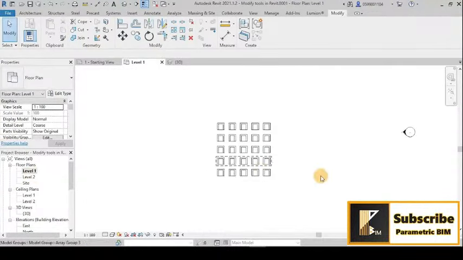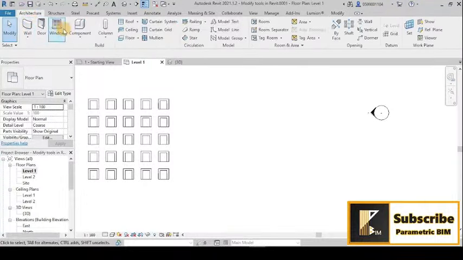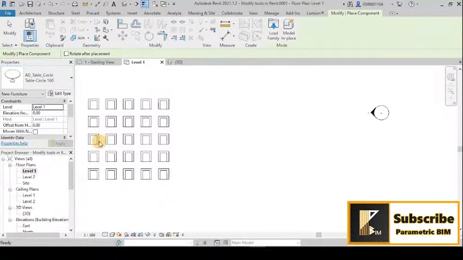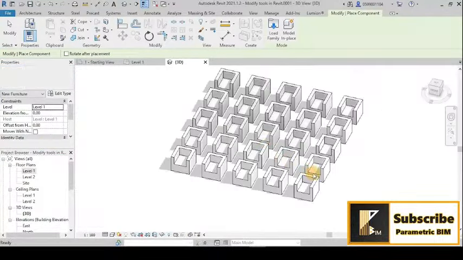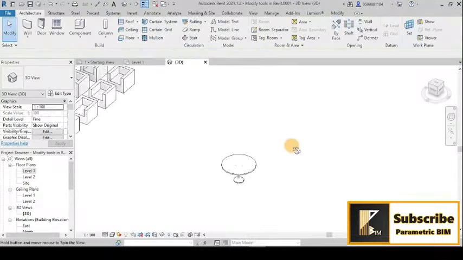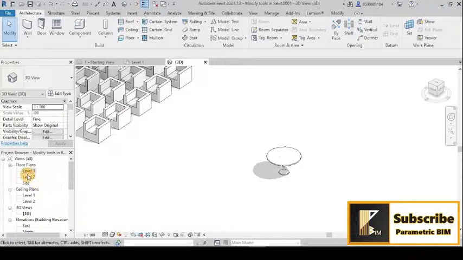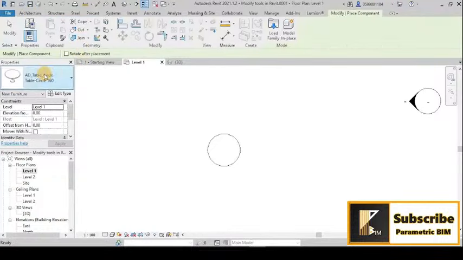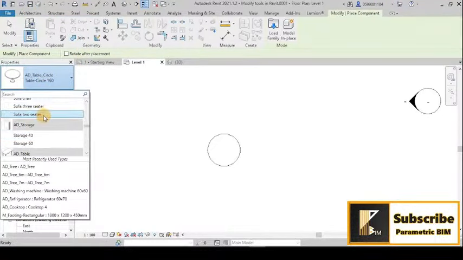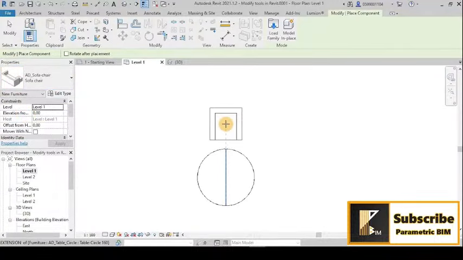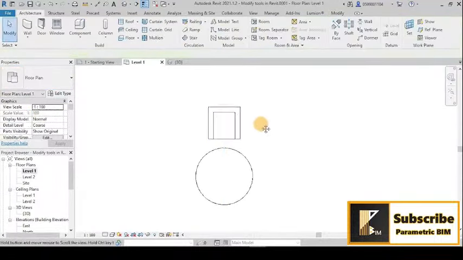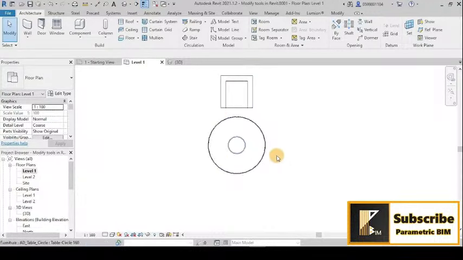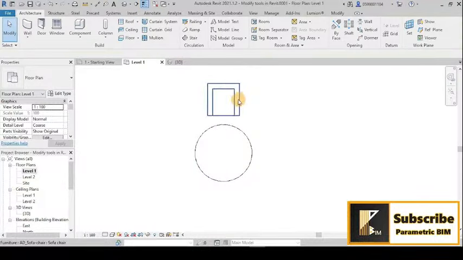For the radial array, maybe we can now go to component, and let's choose something like this table. As you see here in the 3D, I have now a round table in the 3D. So I will go to level 1, and also I want to bring the same component, which is the seat or the sofa, and put it here. Maybe I want to make this seat 4 seats along this table, so I can use the array or the